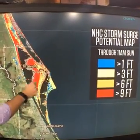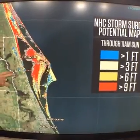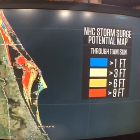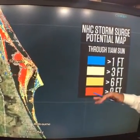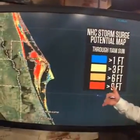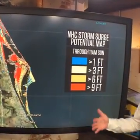There's actually places that will only see, for example, a 1 foot or a 3 foot surge, but they've done it on a much more localized level. So this website is invaluable if you live along the coast. Absolutely, and this doesn't show it, but if you go up the beach in Florida, unfortunately we can't roll this up, we're sort of limited here with the graphics, but the idea is there's a significant inundation